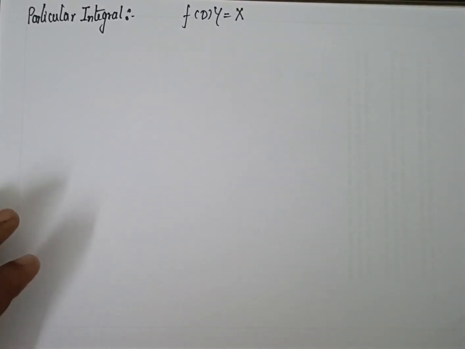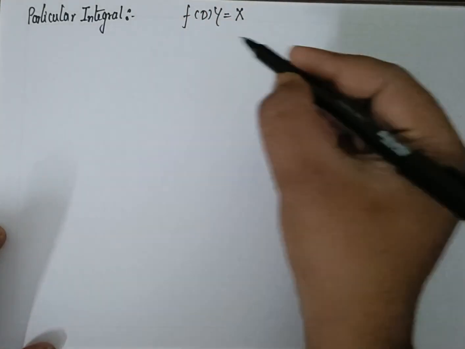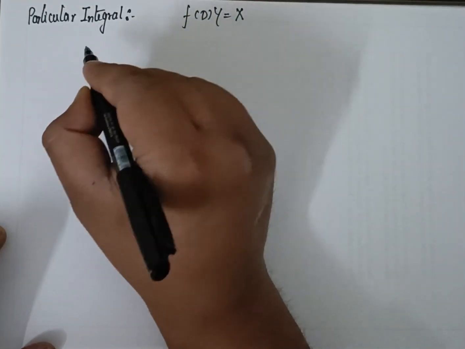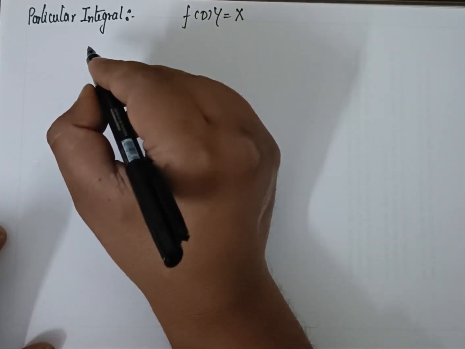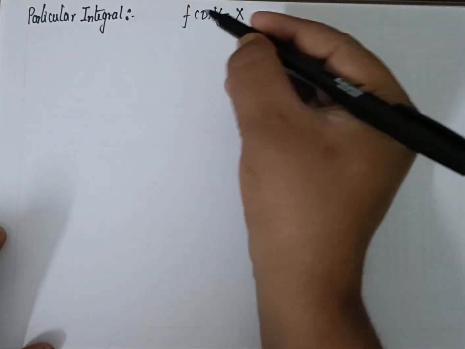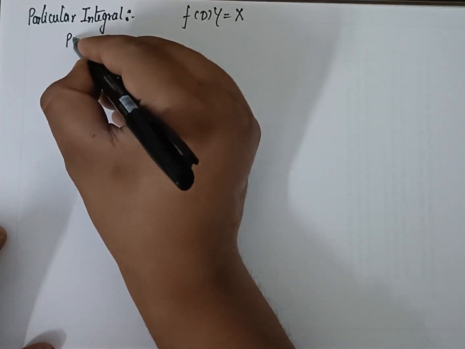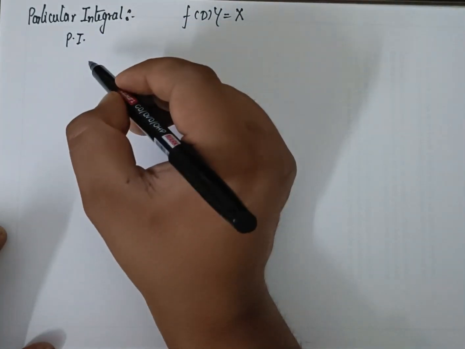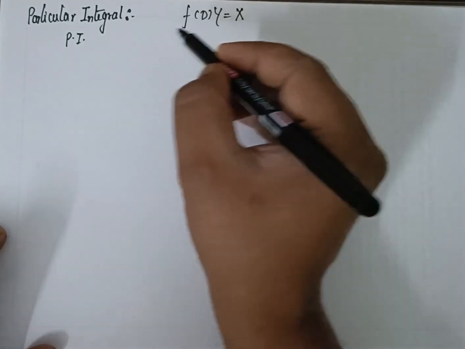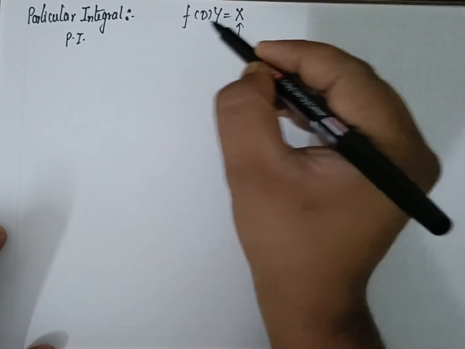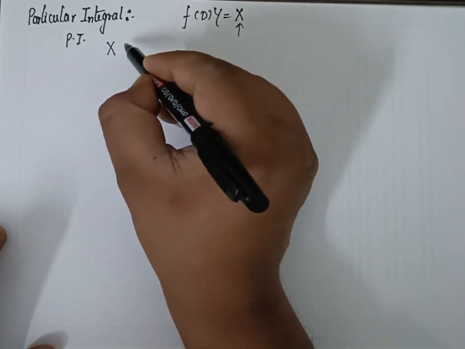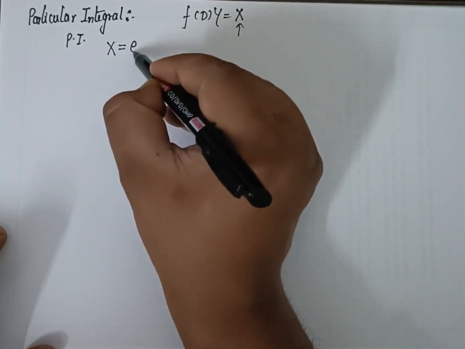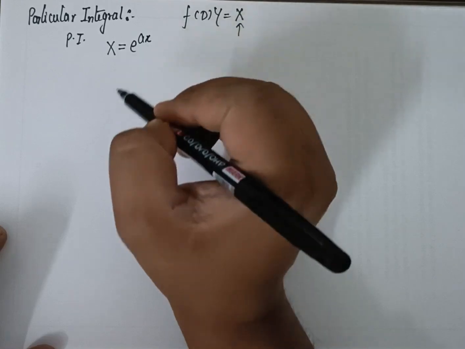Hello guys, today we are going to deal with the particular integral in case of higher order differential equations with constant coefficients. Okay, so we have some special cases for the particular integral, or the PI. It will depend on the different categories associated with the function capital X. For example, if our capital X is of the form e to the power ax, then what about